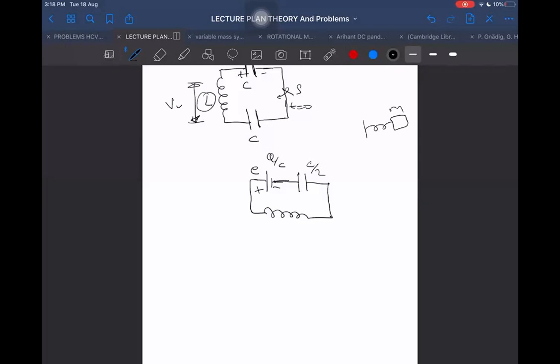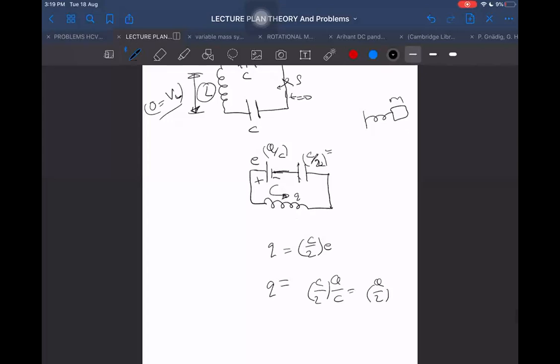Let us find that condition of equilibrium when VL is 0. When will VL be 0 in this? VL will be 0 when the voltage across this battery and this will be the same, or when this is completely charged. The capacitor will be fully charged. So I think you know that the capacitor will acquire what charge? C by 2 into E will be the charge acquired. So what charge will flow through the circuit? Charge flowing through the circuit will be Q by C into C by 2. That is Q by 2 charge will be flowing through the circuit.